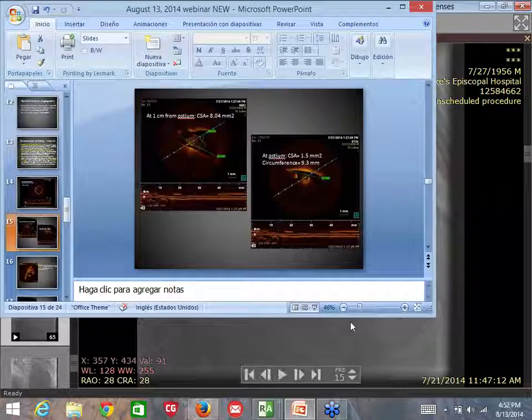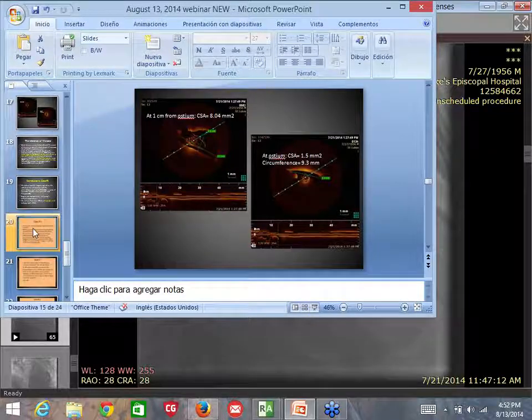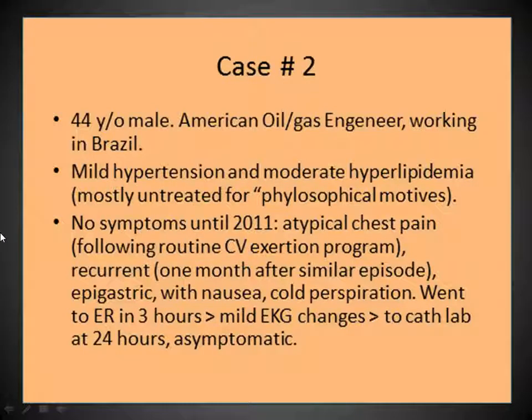Let's go to the second case then. The second case is shorter and also very unusual, amazing. A patient that comes from Houston but actually lived in Brazil. He is an oil and gas engineer that works in Rio de Janeiro, offshore. A male of 44